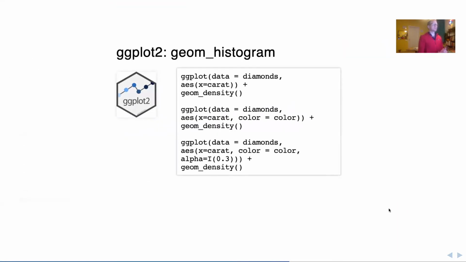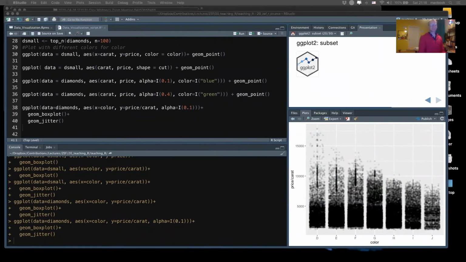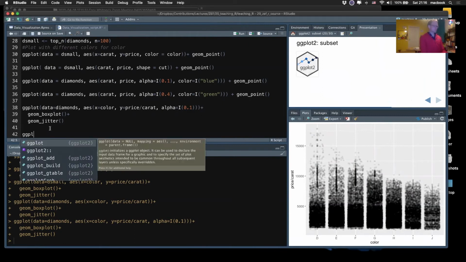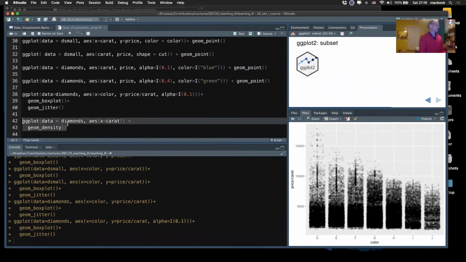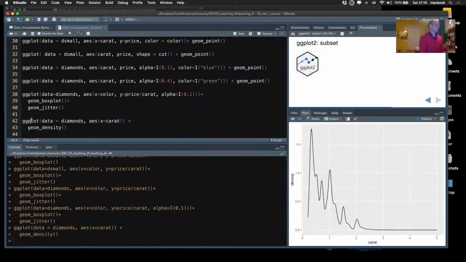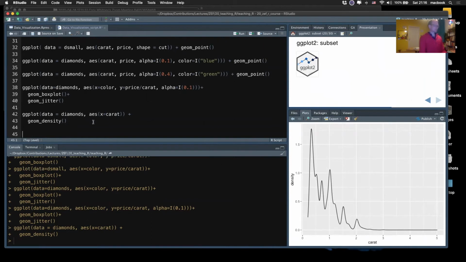So histograms, we do quite a bit of histograms in our work. When we're talking about probability densities, we use histograms all the time. So let's try a density plot. The first thing we're going to do is just plot a simple geom_density of the diamonds data, just of the variable carat. So that's the density of carat, and then we can